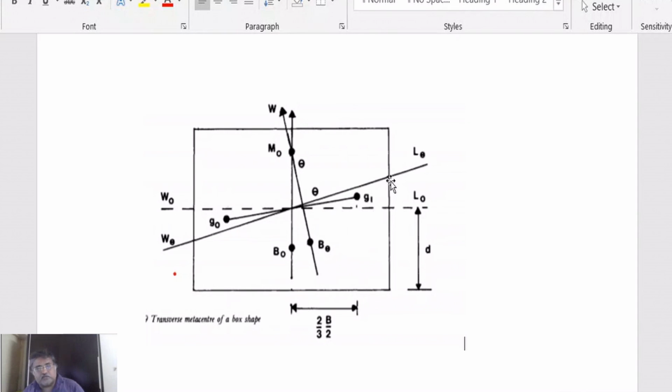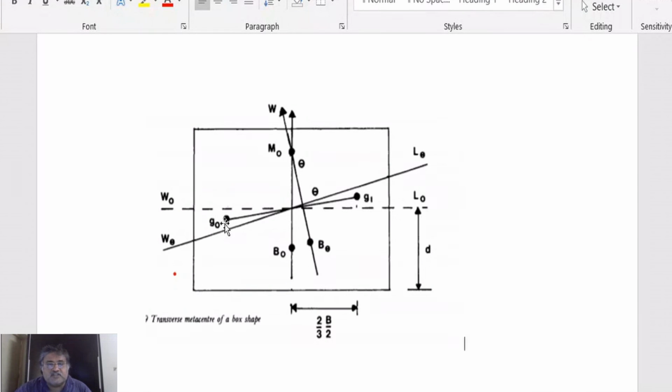That is what I have been trying to tell you, but if it's not clear, we'll come into that in the next class. A volume has been shifted from this point to this point. There is a volume here, there is a volume here. This volume has emerged, this volume has submerged. So it's as if this volume has been shifted to here.